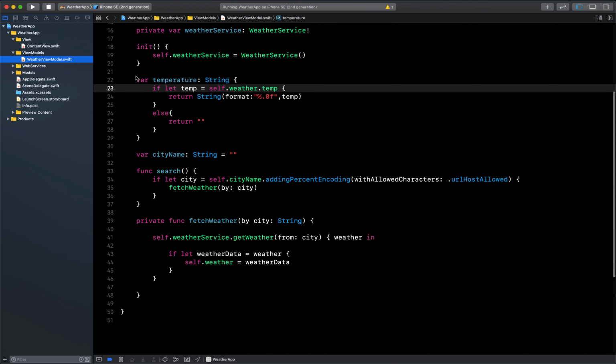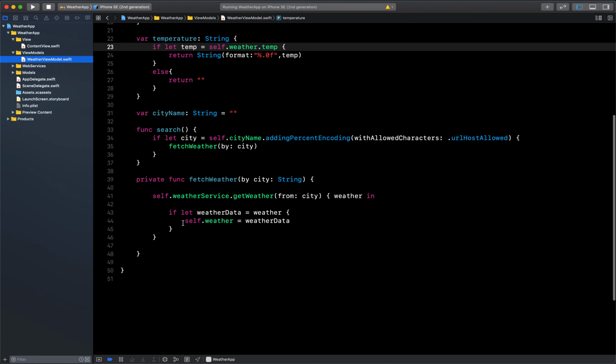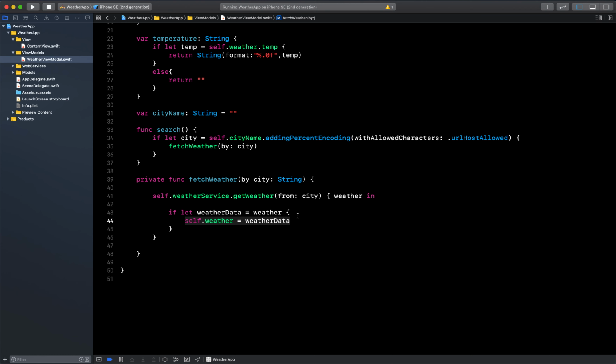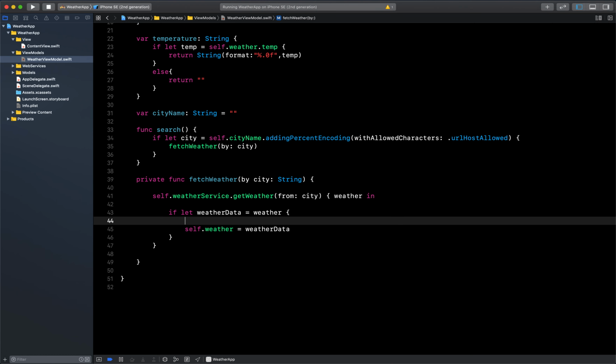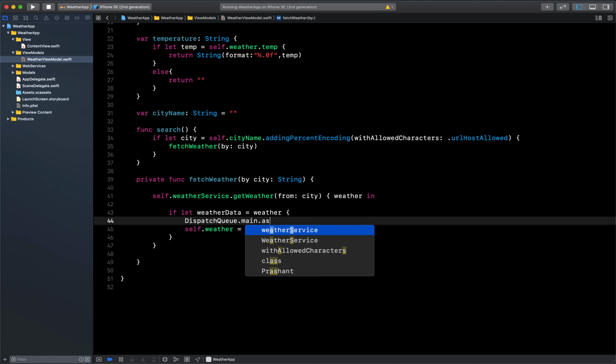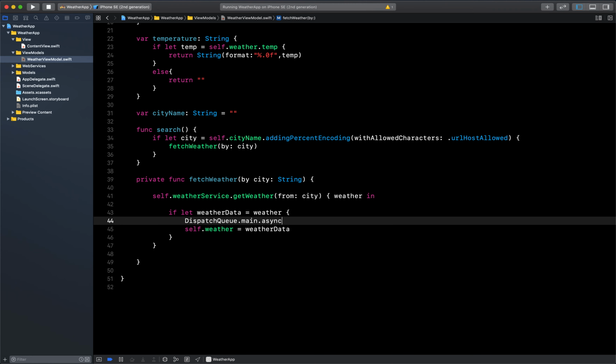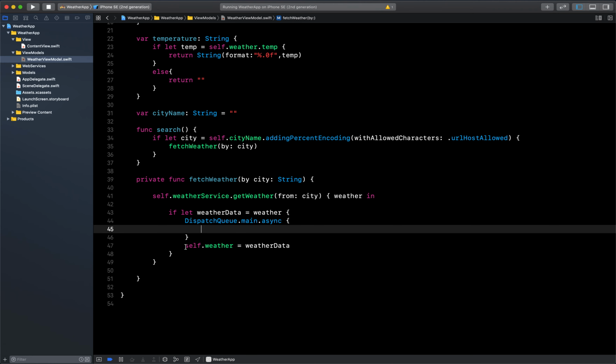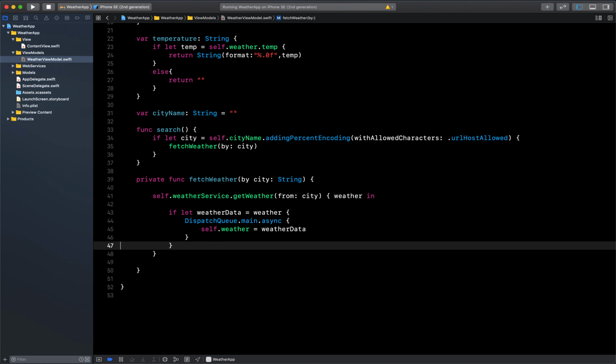Then one more thing, inside the view model, whenever you assign your data after getting it from the API, you need to do this on the main queue. So let's do that: DispatchQueue.main.async, and let's add this inside this. So everything will be on the main UI thread.